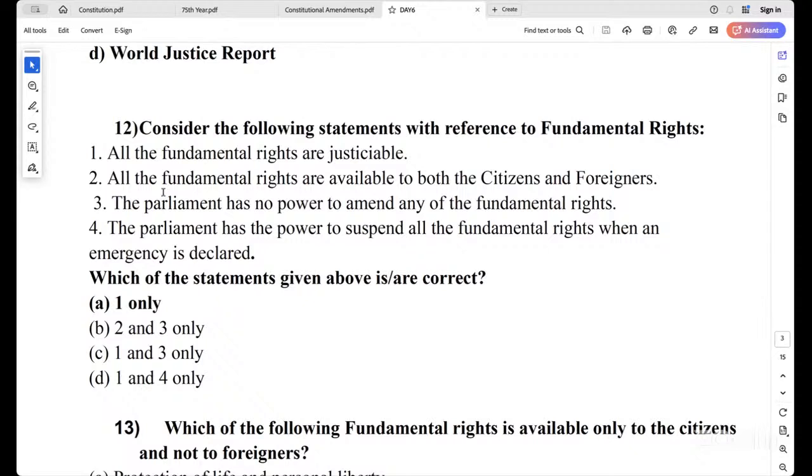Okay, the parliament has no power to amend any of the fundamental rights. No, they have the power to do that. Then the parliament has the power to suspend all the fundamental rights when an emergency is declared. Okay, under what circumstances? External